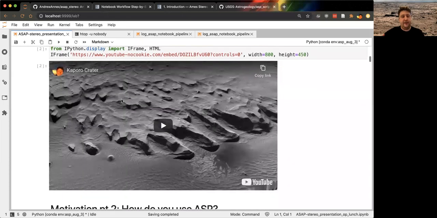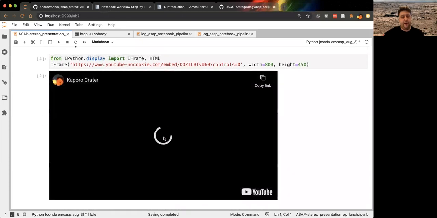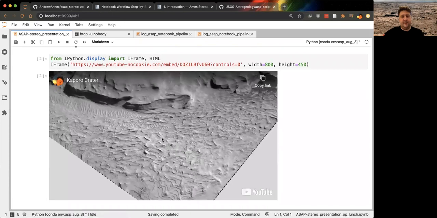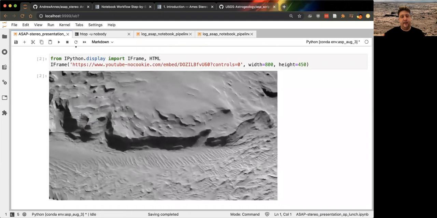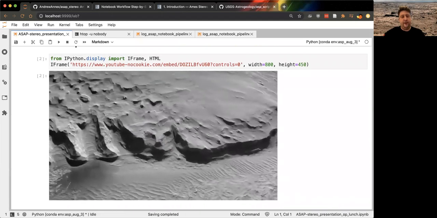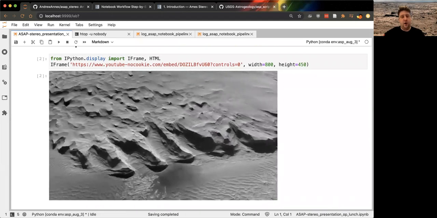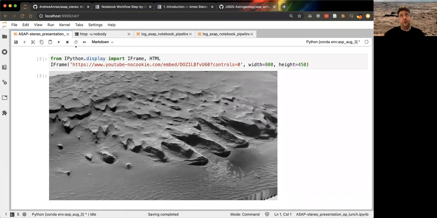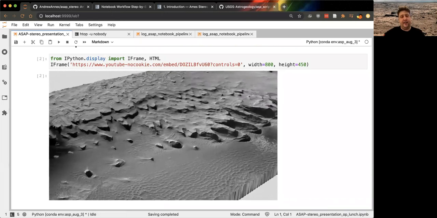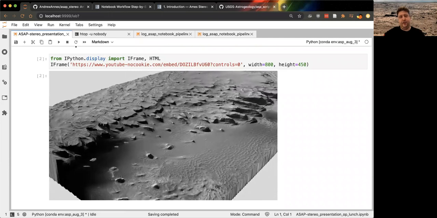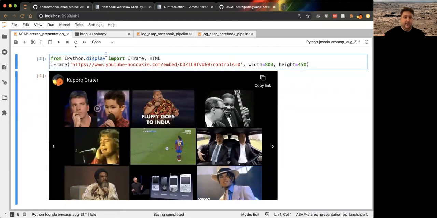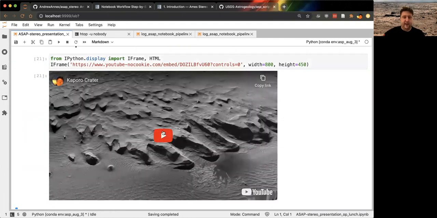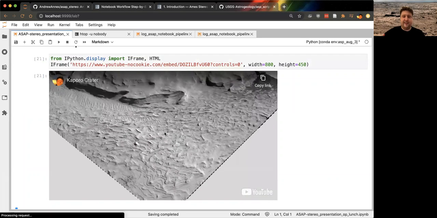I'll start with a quick little video. Hopefully this works. This is an example DEM I made from HiRISE data of an outcrop of layered deposits in a crater called Caporo on Mars. It's in northwest Schiaparelli Basin. It's actually right near one of the traverse paths of Mark Watney in The Martian. Let's see if I can do that again, because it shows you meaningless ads. Anyway, this is the sort of product